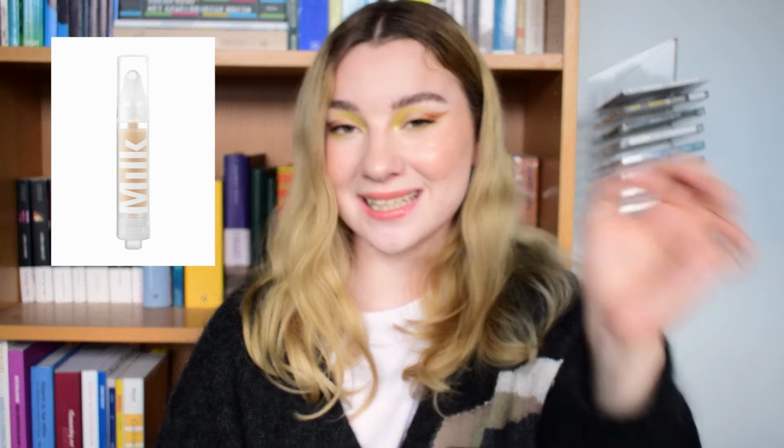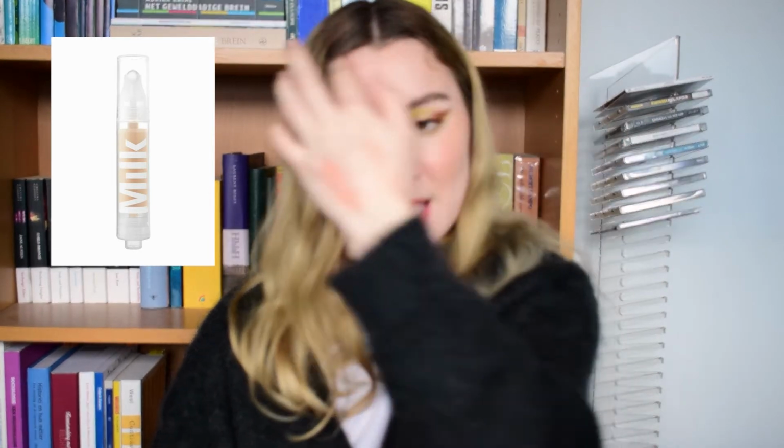A foundation that I would love to pick up on Sephora is the Milk Makeup Sunshine Skin Tint, because it sounds like a product that is right up my alley. Like a light to medium coverage with a very natural finish, enough translucency that you can still see your skin, but it evens out the skin tone at the same time. I love that kind of thing, and I also love the packaging of that,